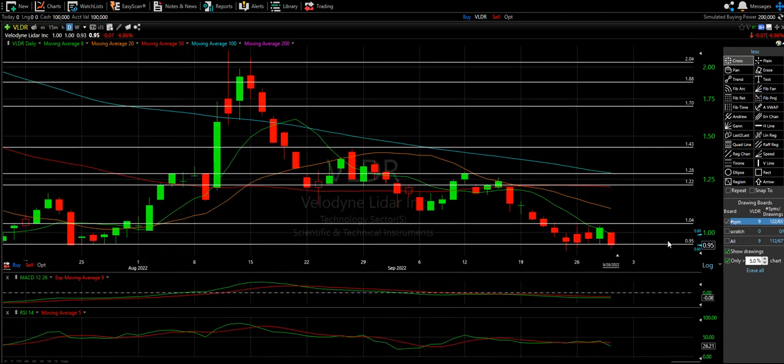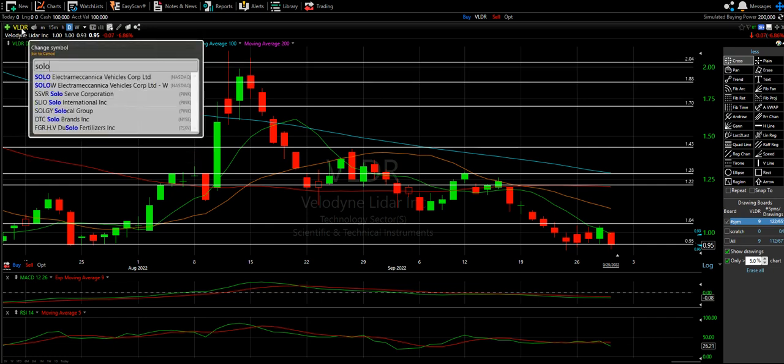After this support, if we lose 95 cents, there is no more support. And just like we saw with Polestar, with MULN, with a bunch of them, the last place you want your hard-earned money is in all-time lows. I promise you,